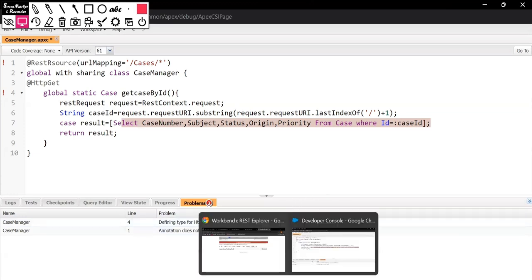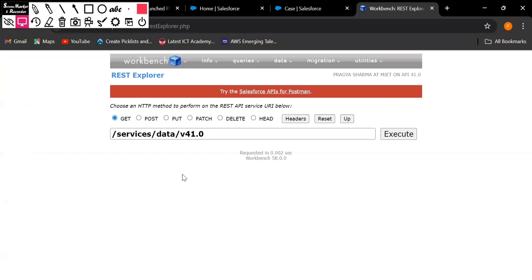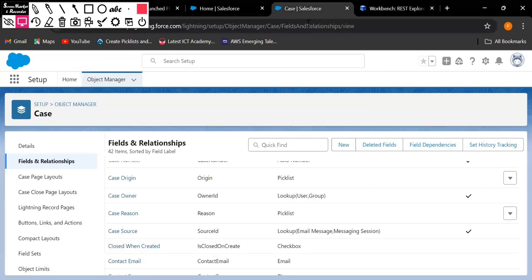So how are you going to invoke it? We are going to say slash services slash apex rest. So you have to provide this URL, and based upon what the URL is, this is also expecting you to provide the ID of the record that you are interested in. So let's say I am interested in,